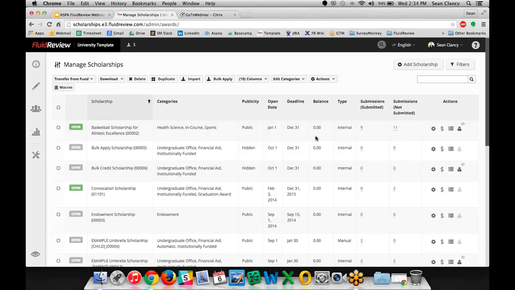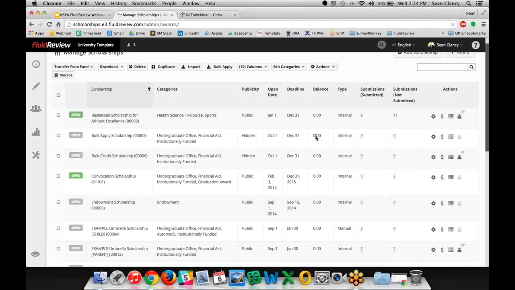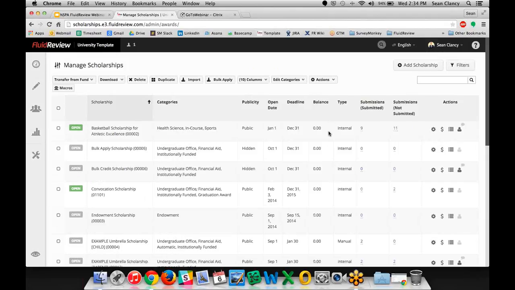Moving on, we can actually have specific balances in these particular scholarships so that the selection committees and the administrators are all aware of how much money is available to distribute within this particular award. And you can also see something very, very neat. We can identify very easily the number of applications that were created to this particular award, as well as